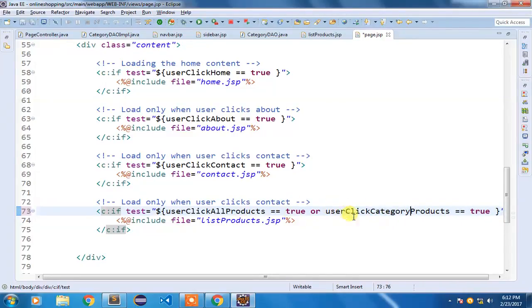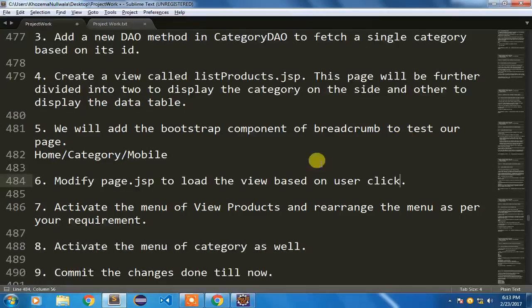So for both the model objects, that is user click all products, user click category products, display or include this list products.jsp. So this is how you are going to modify your page.jsp to include this file list products only when user click all products or user click category products. So this much change we have done in our page.jsp.